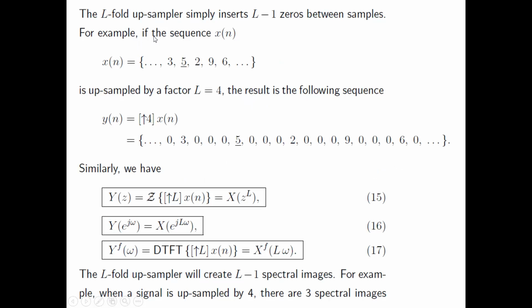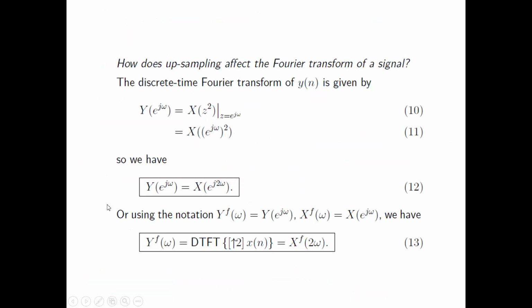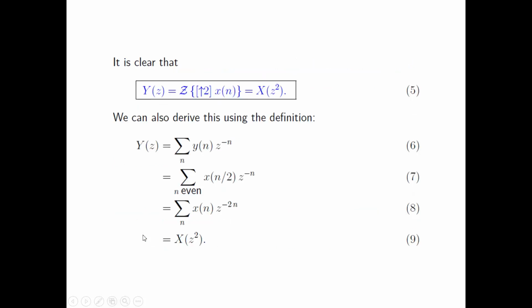And if we go further, the L-fold upsampler simply inserts capital L minus 1 zeros between samples. Let's say this is my x[n], and if I choose capital L equal to 4, then we will insert 3 zeros between each sample, right? And we saw in this equation that